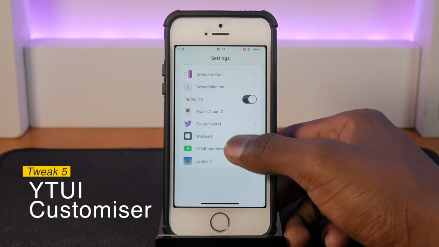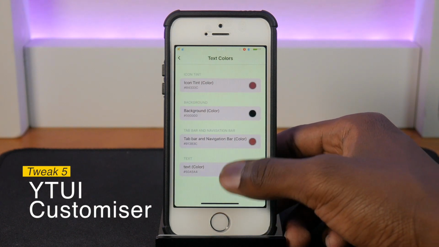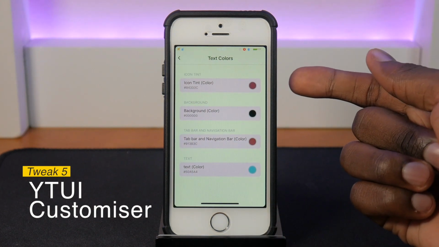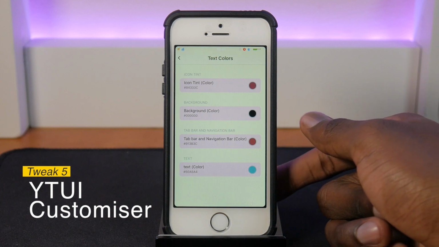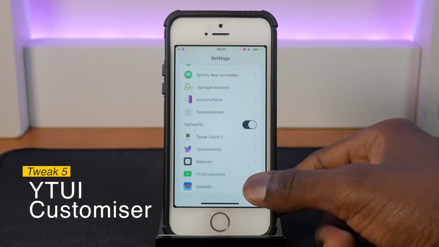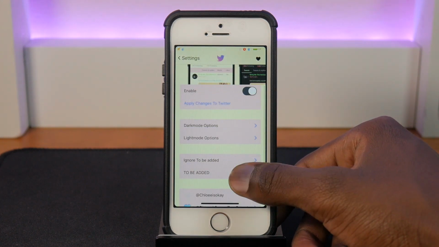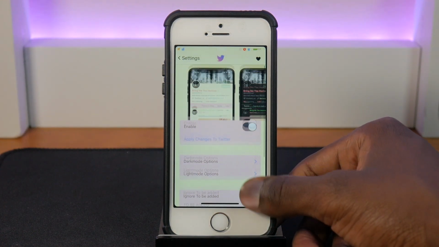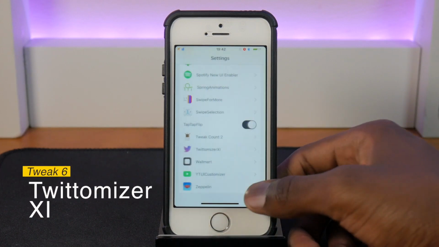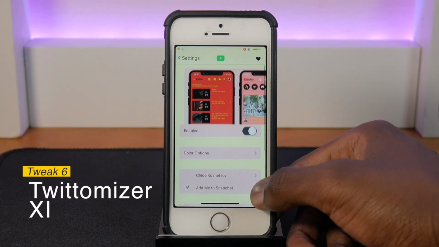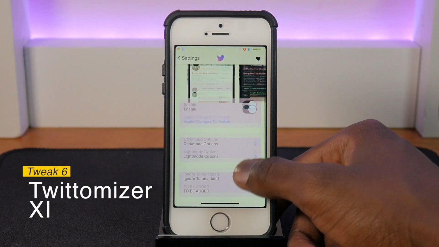So YTUI Customizer, and there's YTUI Customizer. So you can change the icon tint, you can change the background color, the tab bar, and the text color. So that's pretty neat. And one tweak I didn't display in the past Jailbreak Wednesday video was Twittomizer XI, and I believe it's from the same person. Yeah, it is. The same person who made this tweak made Twittomizer XI,